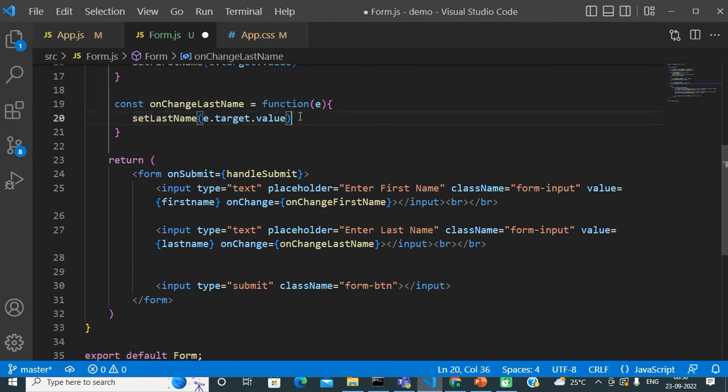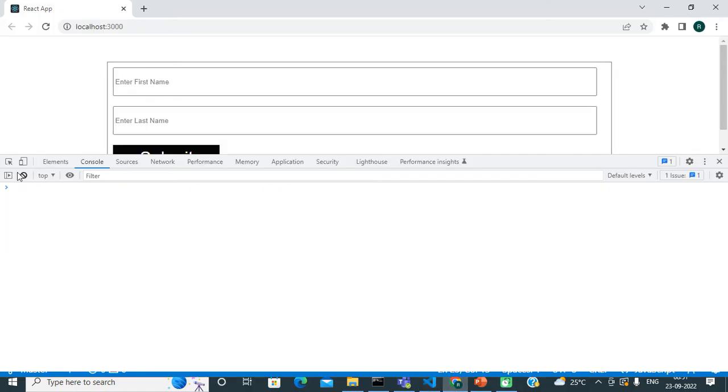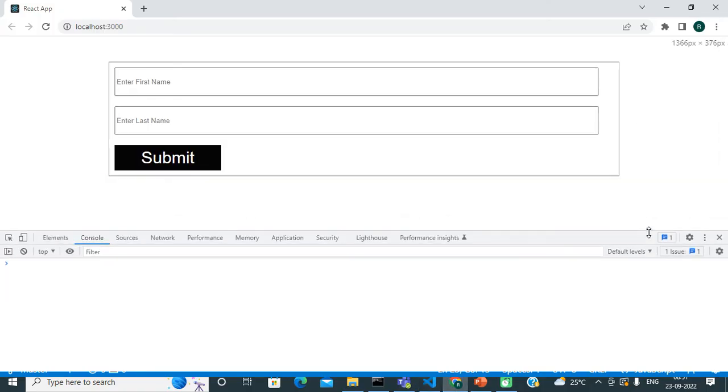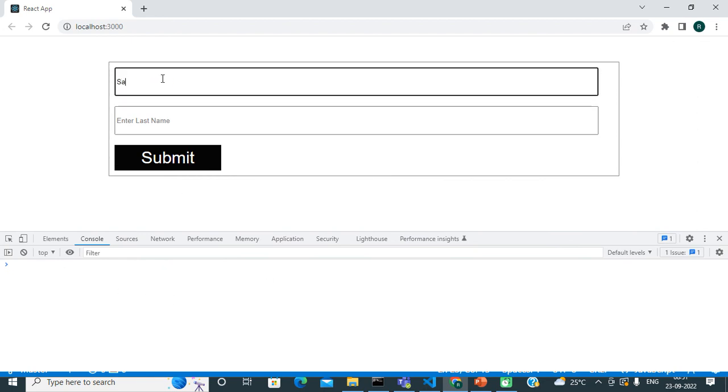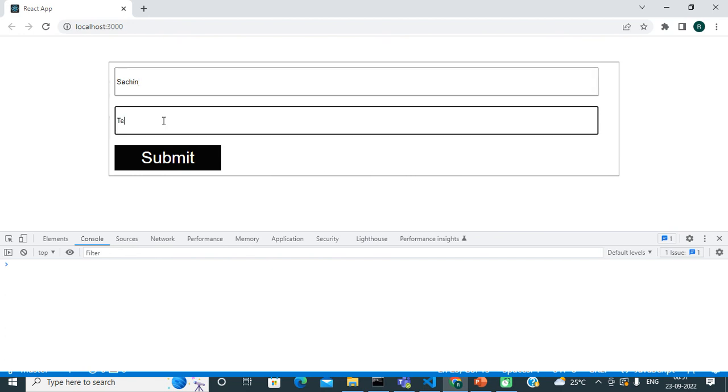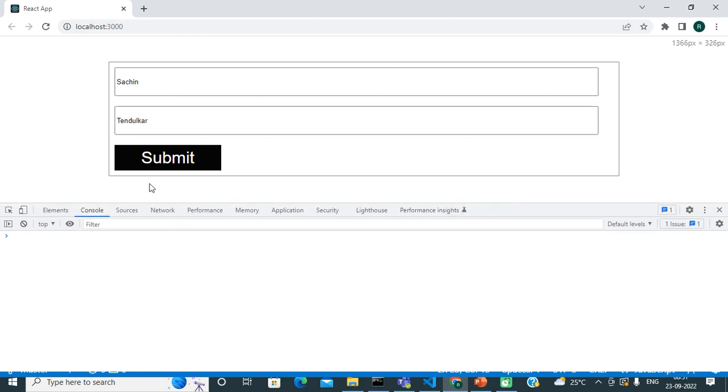And see guys, now what happens, you can see in a very simple way we have just optimized our form. Let's see, I have just cleared my console. Let's say Sachin Tendulkar, and if I click on the submit button, you can see I am getting only Sachin's data.